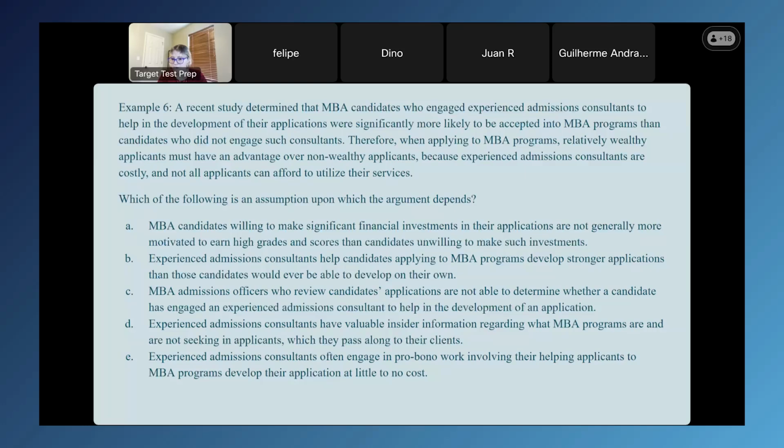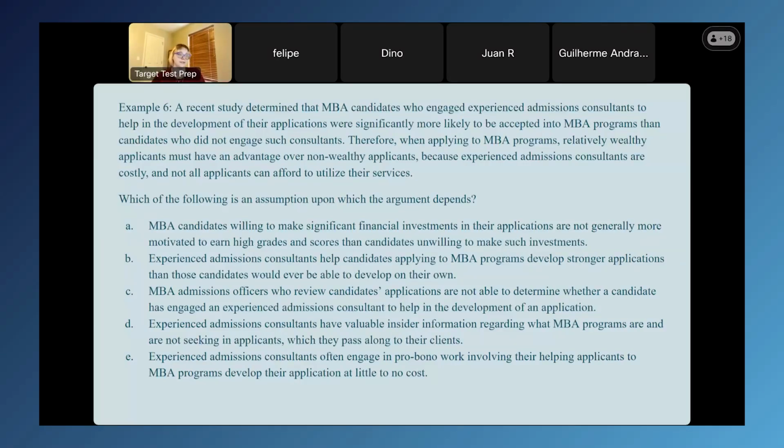But wealthy or not wealthy, both are applying to the business school. Will you clarify on that one? I'm not 100% sure I'm following you. So A says because of motivation, non-wealthy applicants would be willing to pay. Yeah, so maybe they're just, yes,